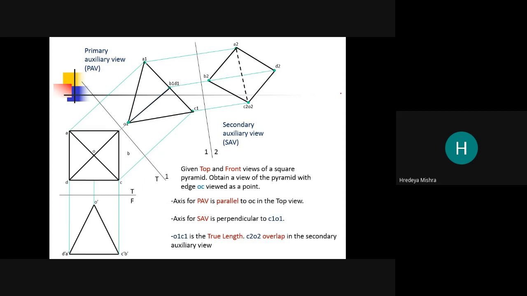O1C1 is the true length. C2O2 is overlapping in the secondary auxiliary plane. See?